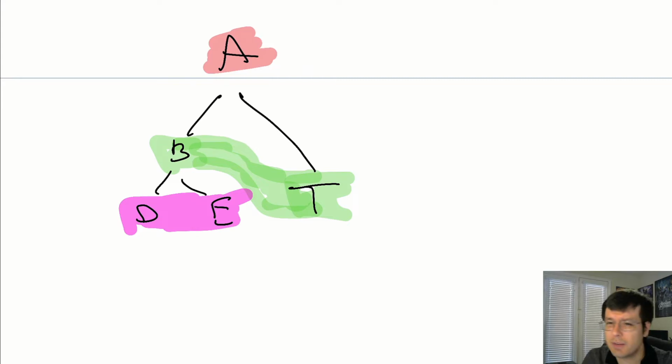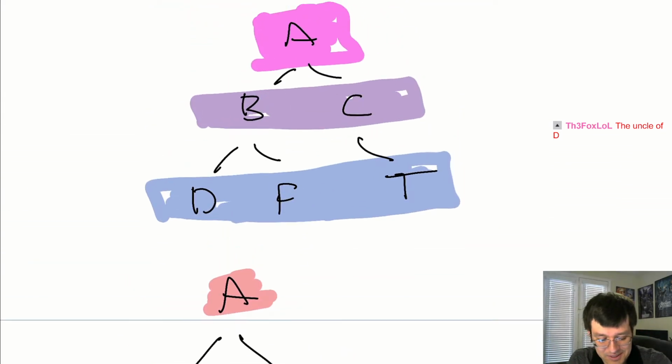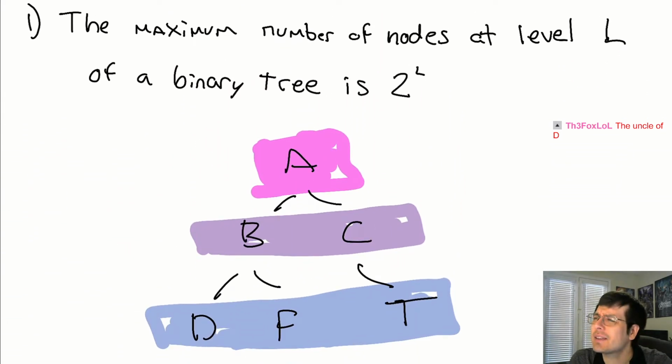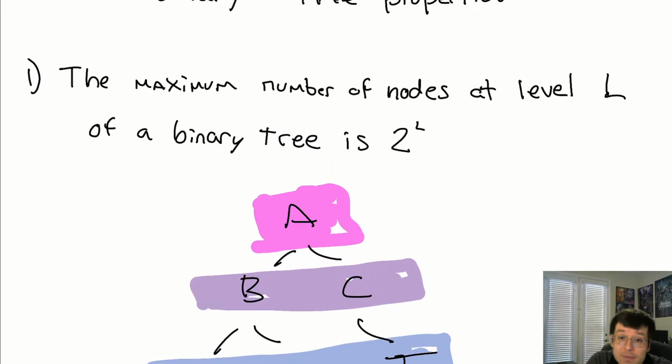So that's the only thing you've got to be careful about when you're working with levels, that you don't screw up figuring out whether something is on the same level as something else because you drew the tree wrong. So T is actually the uncle. Uncle T. I feel like I've heard that somewhere. Okay, whatever. Anyways, that's what level means.